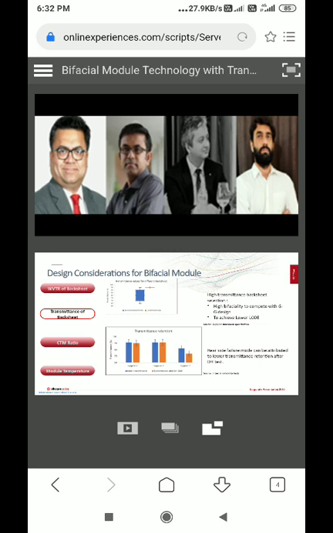Okay. The next point which we also need to consider while designing a bifacial module, or choosing the backsheet, is the transmittance value of the backsheet. Glass actually scores high when you talk about transmittance. It has a transmittance of about 95%, while transparent backsheets have different values of transmittance ranging from 70 to 90%.